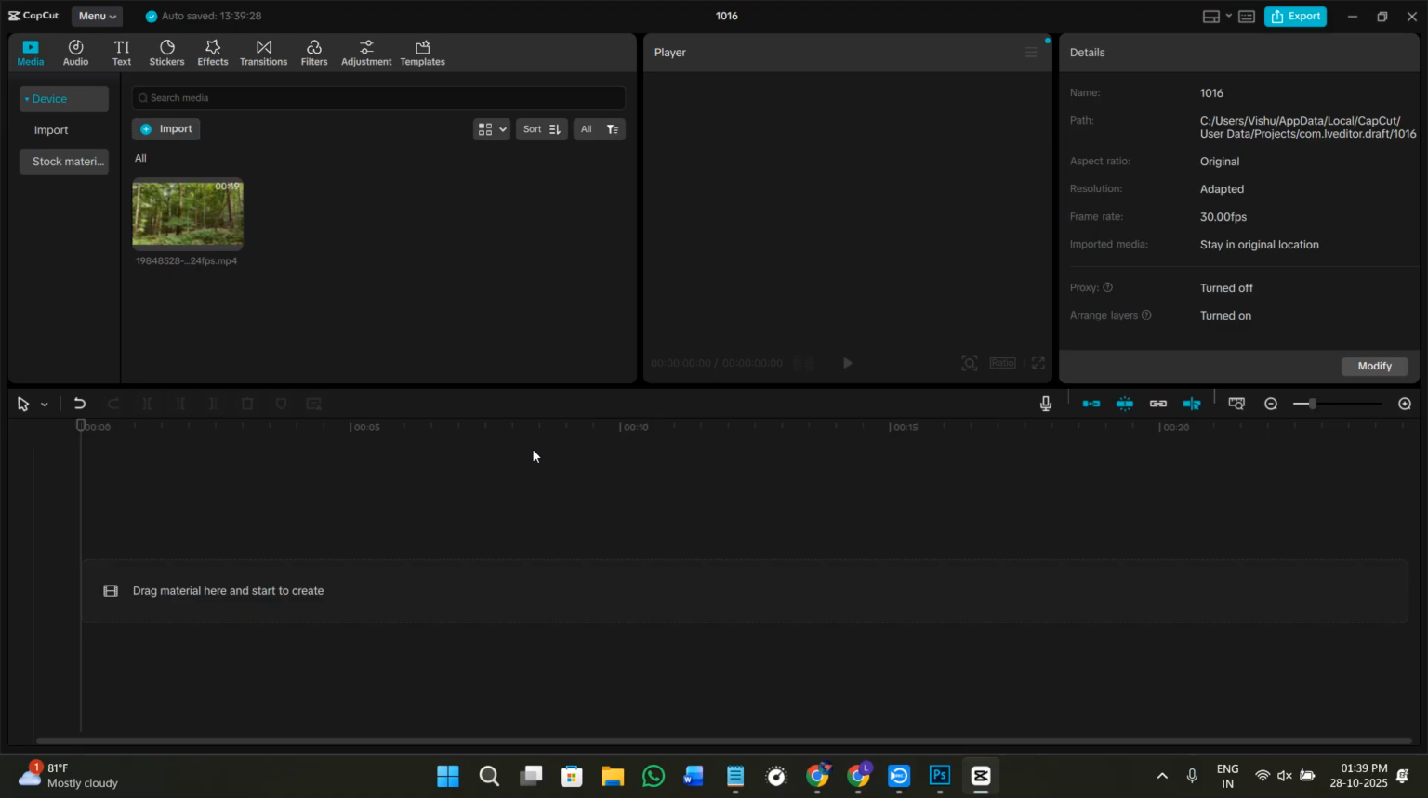So first of all, you need to start your new project. You can use the CapCut PC application on your laptop, or you can also open it on your mobile device. When you click on the option of new project, you are going to see this type of interface or dashboard in front of you. Over here, click on the option of import and import all of your videos or clips